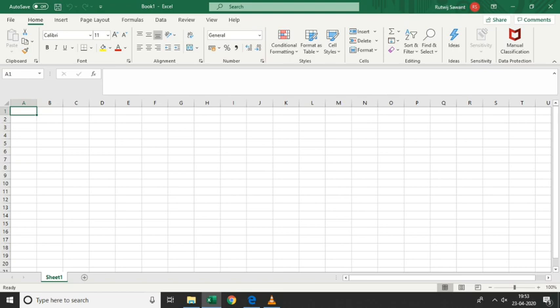After entering numerical data, you can also sort your data. You can put formulas in that, and using this data, you can also insert charts, a graphical representation. Graphical representation means that by using whatever data you have inserted, you can insert a chart.